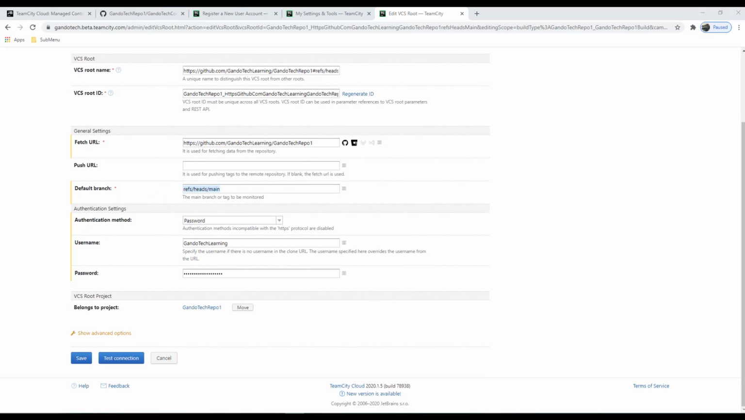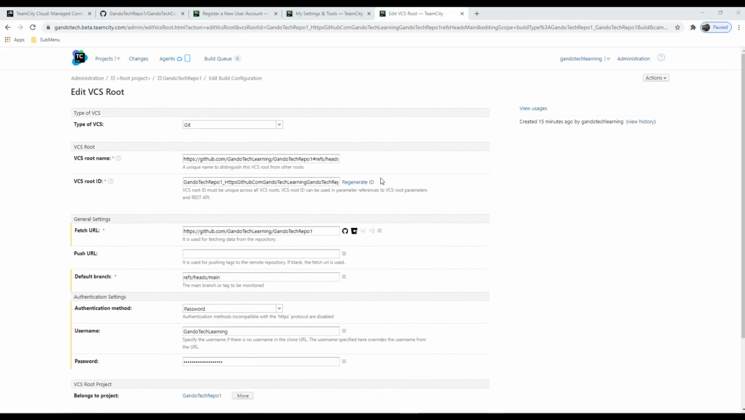So anytime you want to pick the changes, this is the default branch which we are going to monitor, and whenever something changes, we will pick it from there. Right. So in terms of the default branch,